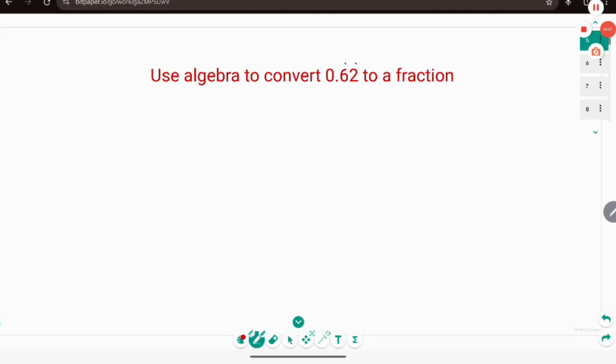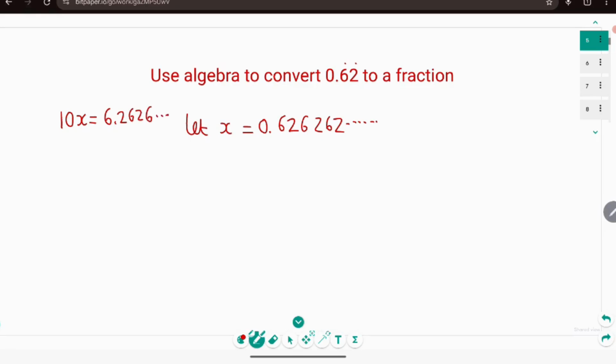So, again, using algebra, we're going to let x equal 0.626262. Now, this time I am not going to times it by 10. Let me just show you why over here. If I times it by 10, we have 10x. If I multiplied this by 10, we'd have 6.262626, right? Because the numbers are moved one place to the left. And if I just put my x underneath it,